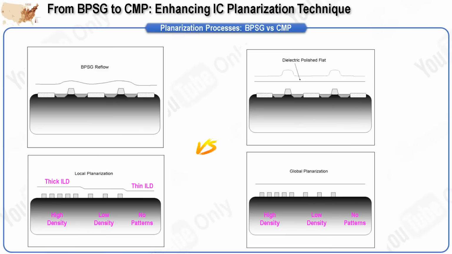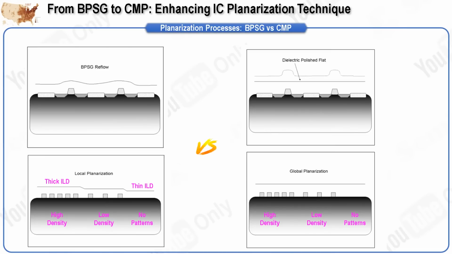Before CMP, various techniques attempted local planarization, such as using boron-doped phosphosilicate glass, BPSG, or spin-on glass, SOG. These methods, however, failed to achieve global planarization due to variations in film shrinkage across different pattern densities. This variability caused depth of focus issues during lithography steps, particularly in areas with dense gate patterns where less oxide needed to be filled, resulting in thicker ILD, and sparse gate patterns where more oxide was required, leading to thinner